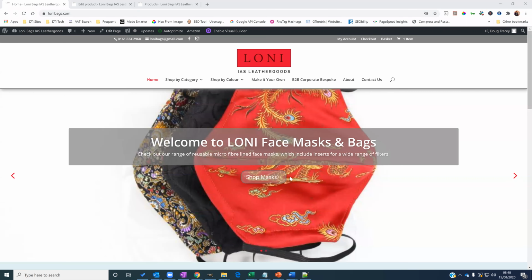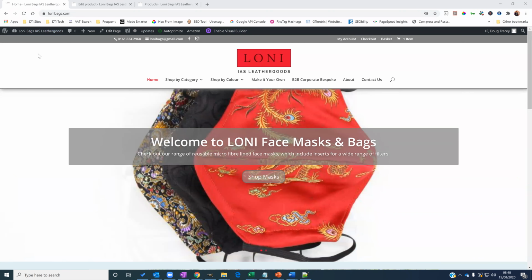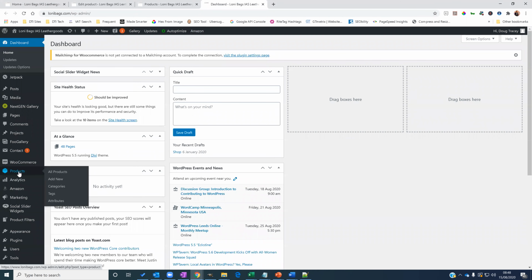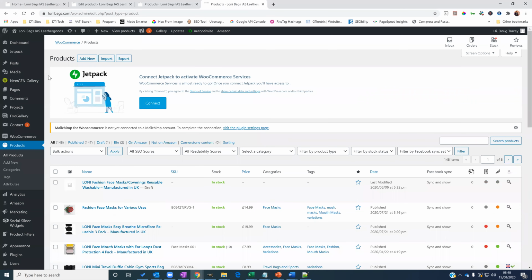Okay, so I'm going to take you through quickly how to add a new product to a website. So from the home page here, you've obviously got the menu at the top. One of the easiest things to do, because you've already got products in the catalog, is to potentially just duplicate an existing product. So we go to products in the dashboard,